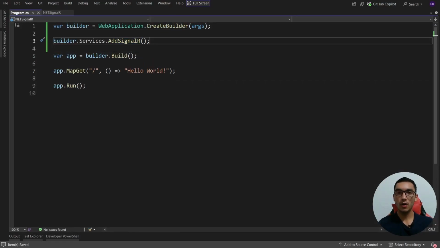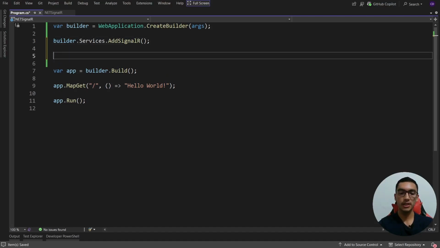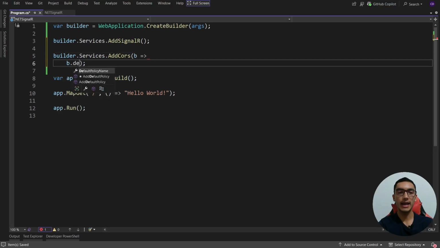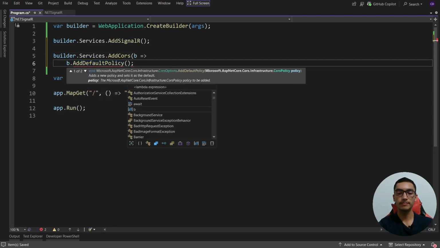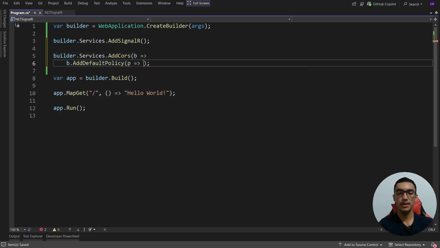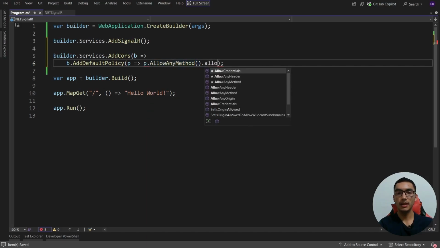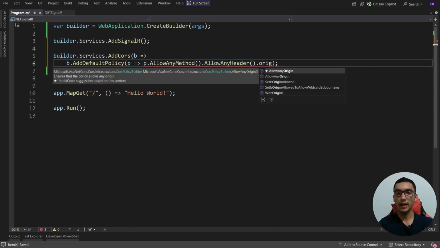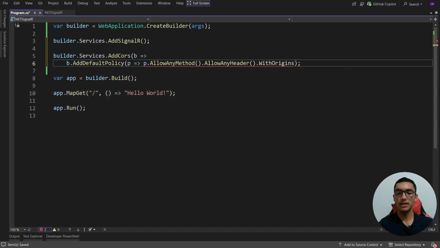We'll configure CORS to allow the Angular application to communicate with this SignalR application. So call builder.Services.AddCors. From the builder, we'll create a default policy. And from the policy, we'll allow any method, allow any header, and we'll specify the origin, which in this case